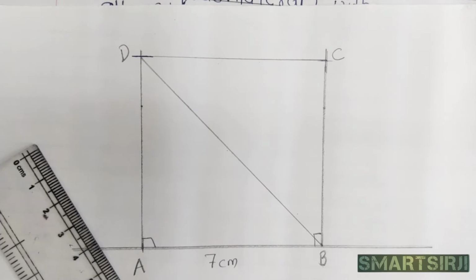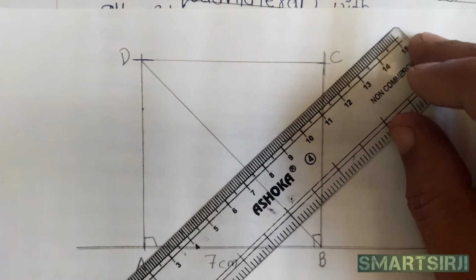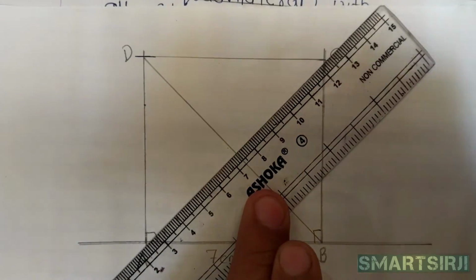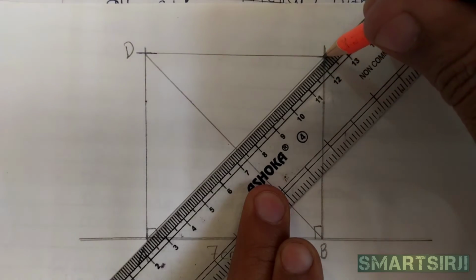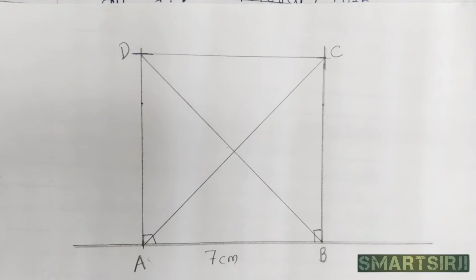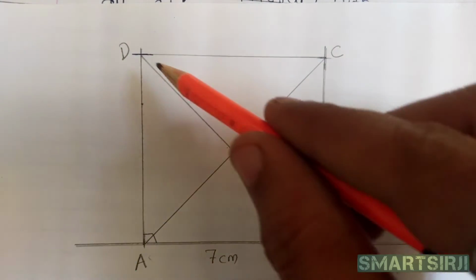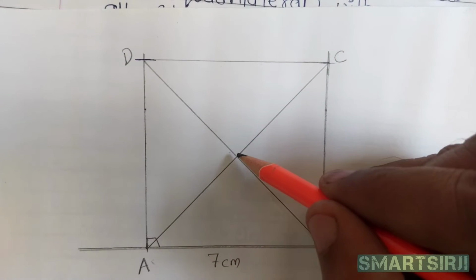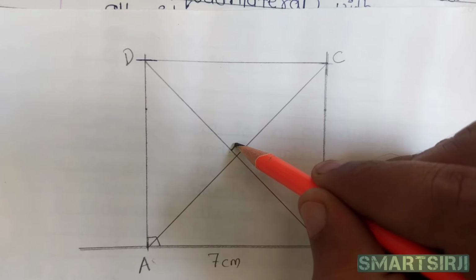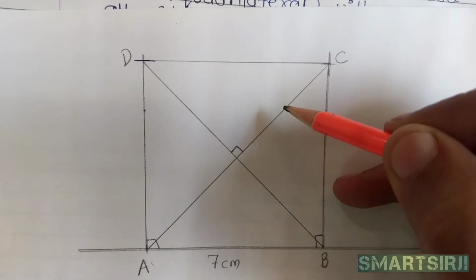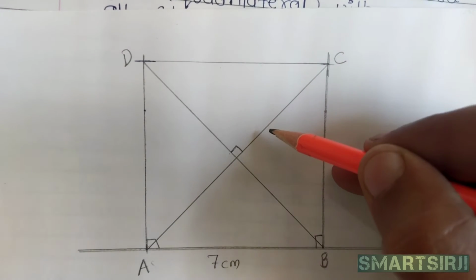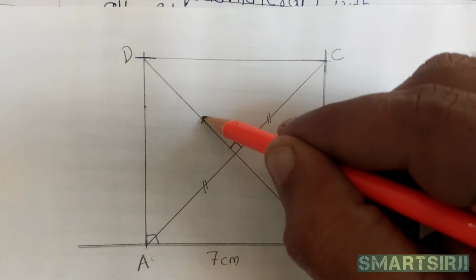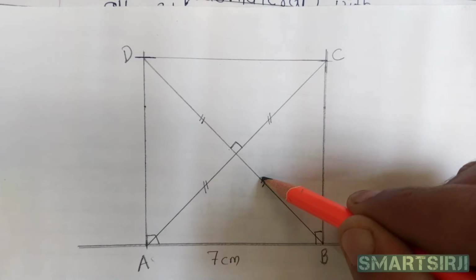Okay. Then if I again draw a line between the other two opposite vertices, I will get another diagonal. So there are two diagonals, diagonal AC and diagonal BD. Okay, and by the property of a square, both diagonals bisect each other at a right angle. So this is 90 degrees. And what is meant by bisect? They make equal parts. There are equal parts of the diagonals.